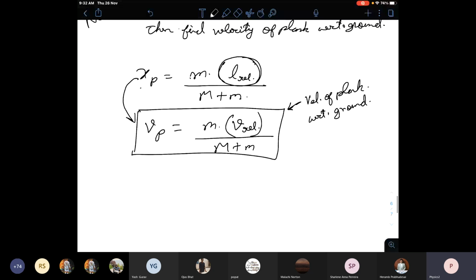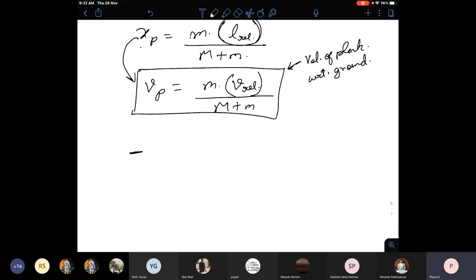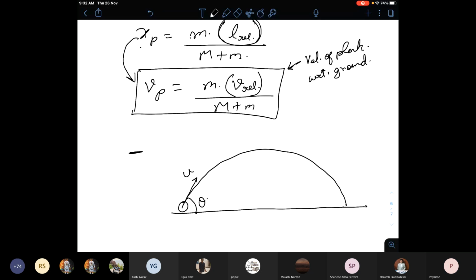Another thing you can note down, another point you can write, is that suppose I have a projectile. I have thrown a grenade at an angle theta from this point with an initial velocity u. Now it should have traveled this path. But what happens is when it reaches the topmost point,